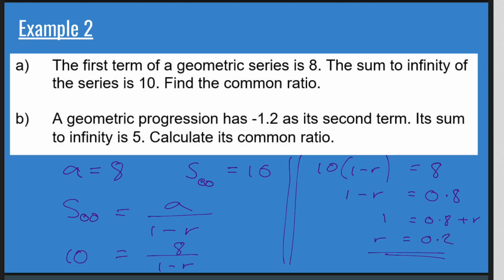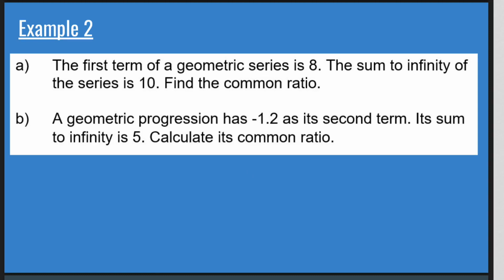Now what's quite good there is r is less than 1 and bigger than -1. So this actually works. If I got r equals 1.2, there's not going to be a sum to infinity from what I said before about r. So this is spot on, that's the right answer. So, yeah, have a go at A. You might want to just look away from this video, see if you can do it yourself now, and then